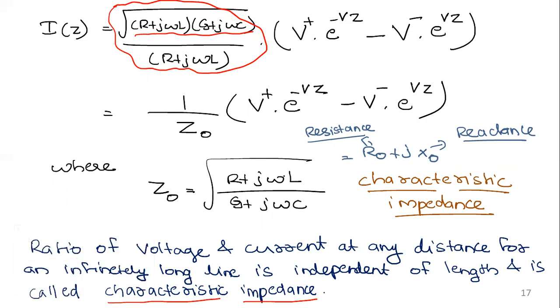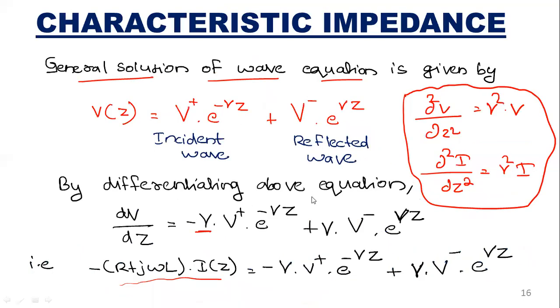So you know R, L, G and C. In the introductory class, we have seen that they are the transmission line constants, right? So Z₀ is what we call the characteristic impedance, which is root of (R plus jωL) divided by (G plus jωC). So now you know how to derive it. Normally a question comes: what is characteristic impedance, and what is the physical significance of these things?